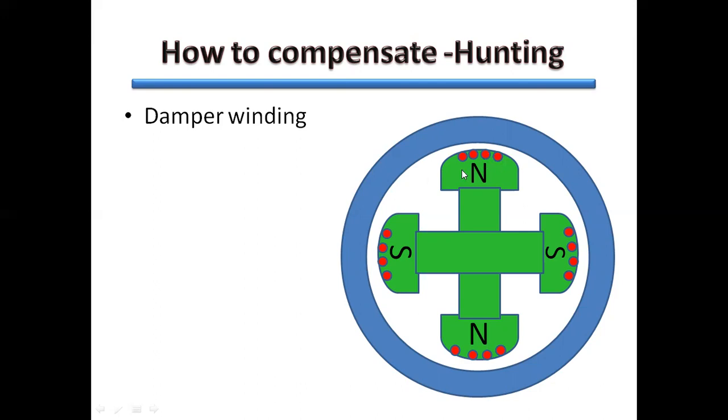because of which an EMF is induced in them. This is dynamically induced EMF. They cut the stator rotating magnetic flux due to to and fro motion produced because of oscillations, because of hunting. And the EMF, as per Lenz's law, opposes the cause of producing them. So this damper winding will produce a torque in opposite direction to those of oscillations, and thus the hunting will be avoided.